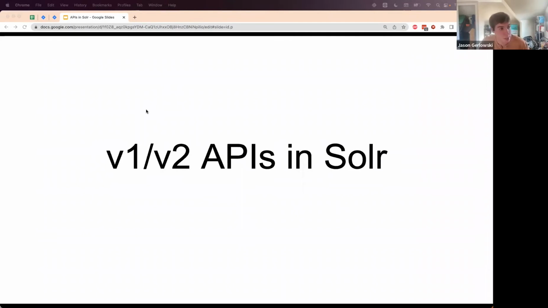So just to get us started and get back into things, my name's Jason, and this is Eric, who's with me, helped me set this up today. We're both committers on the Solr project, and we're both interested in helping new contributors get started and get involved in the code base. It's been a great experience for me, and something we want to see others be able to